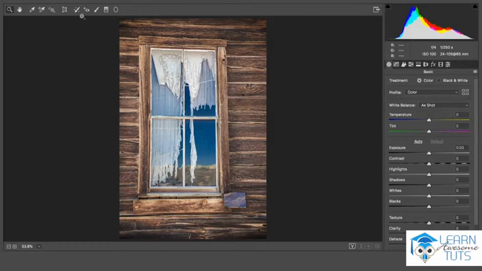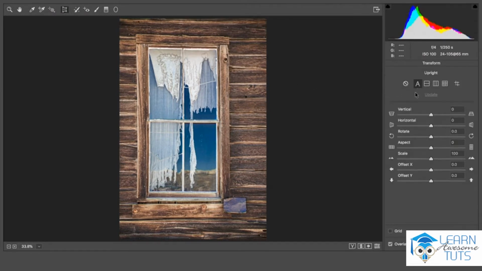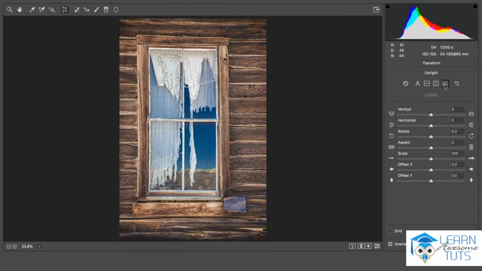So in Camera Raw, on the tools across the top, I can select my Transform tool. Then I can choose from any of the different upright modes to see if Camera Raw can automatically upright the image and correct the perspective. In this case, it does a really nice job, but I'm not actually sure that the wood is straight along here across the top, so I think I can do a better job by using the guided upright, which is